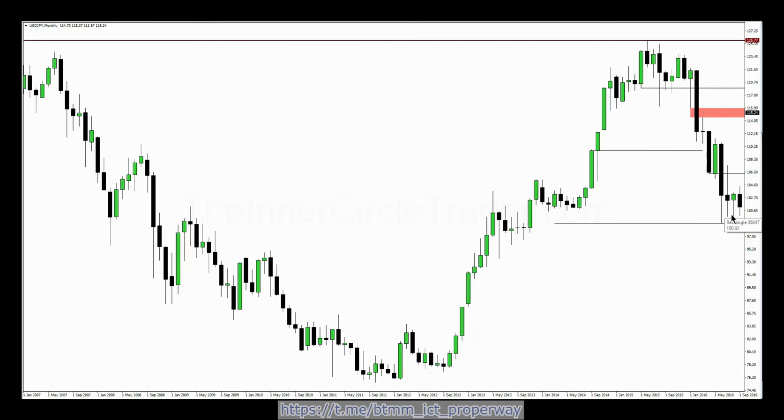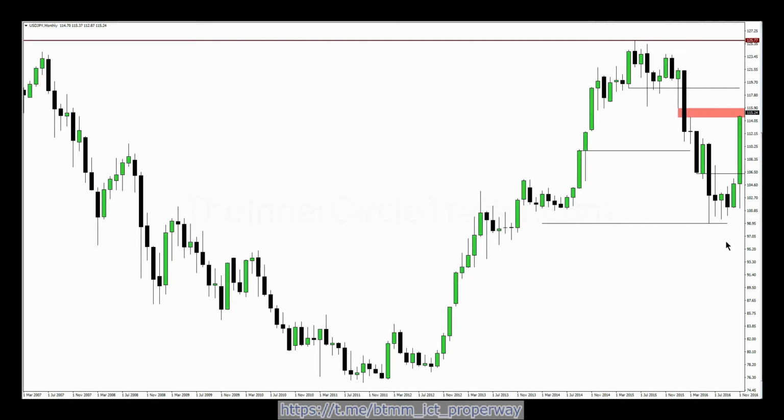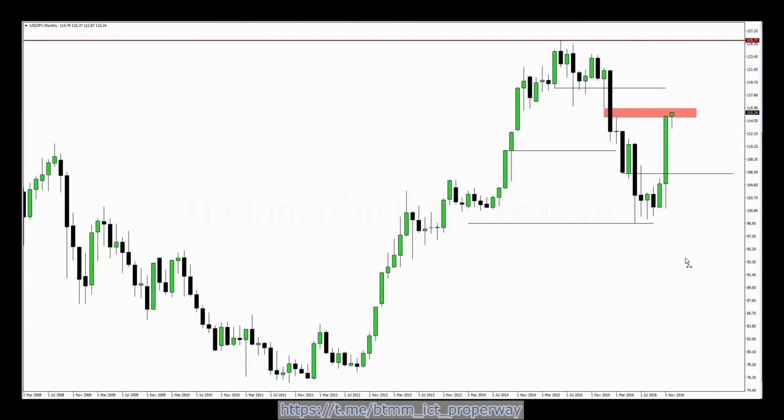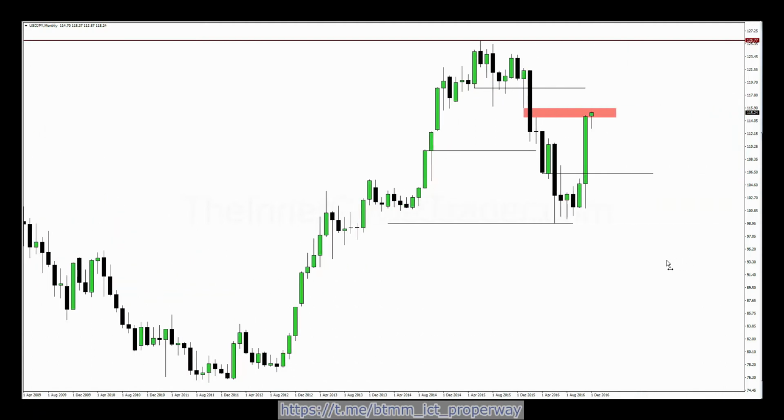Okay, so inside this range from this low to this high, we would be aiming for internal range liquidity. Price trades all the way up, right into the shaded area here, right there. Now, because we're looking at a monthly chart of the Japanese yen,